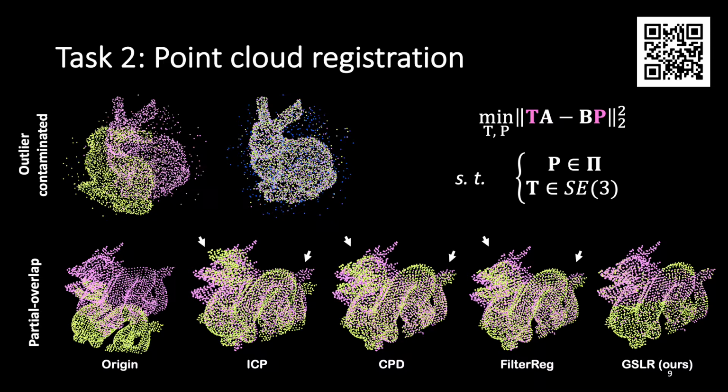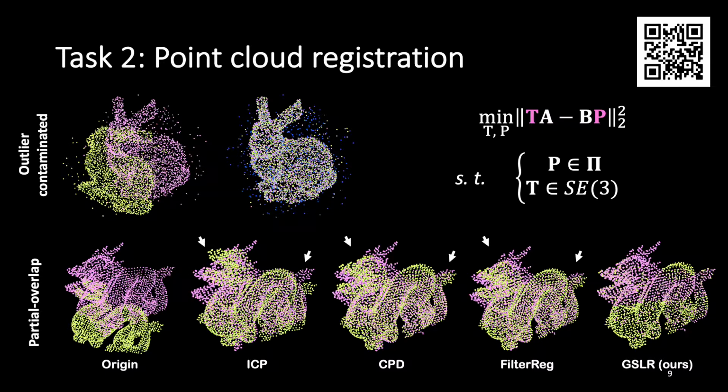For the first one, we contaminated the bunny point clouds with outliers. This one shows the initial poses of the two point clouds, and this one records the result achieved by our proposal. The dark blue points here are the outliers detected by our algorithm. The lower figure depicts another setup, in which we want to register two point clouds that are partially overlapped. As we can see from the head and tail parts of the dragon, our result is obviously better than the